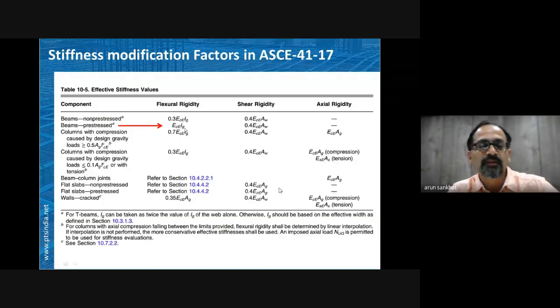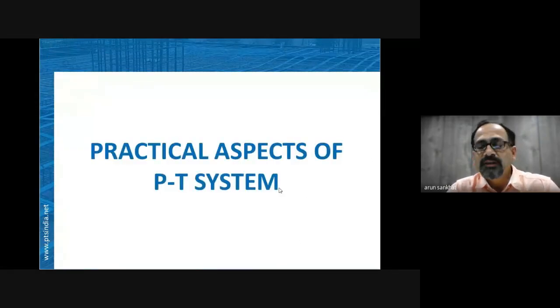So it is matching. So we are hopeful that some kind of relaxation would be given in future revisions of the code, looking to this kind of criteria in the other international codes. Presently, we don't have that leverage of having 100% I gross. But still we can go with some amount of relaxation, maybe instead of 0.35, we can go with 0.4 or 0.5.